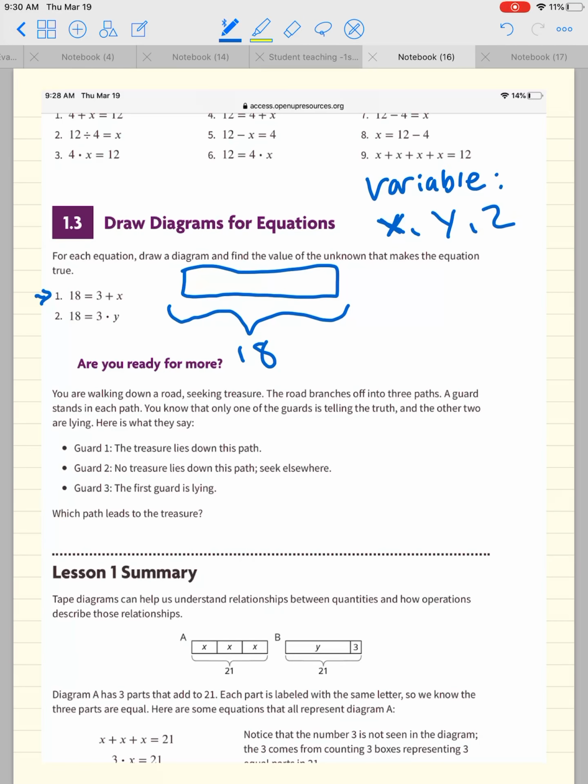Okay, if you try it on your own, your diagram should look something like this. That is representing that x and 3 are equal to 18. Now, I drew the x much bigger because I knew that 3 is going to be a lot smaller than whatever quantity we'll add with it to get to 18. Okay, for your second diagram,